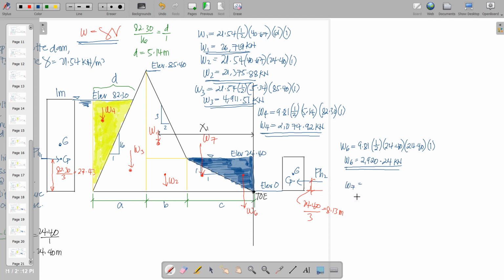Then finally, for W7, we have the unit weight of 21.54 times 1/2 times 24.4 times 24.4 multiplied by 1 to make it volume. We have 6,412.03 kilonewton. So here we also want to compute PH1,